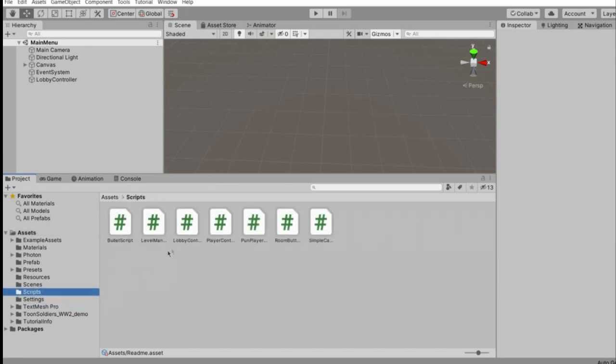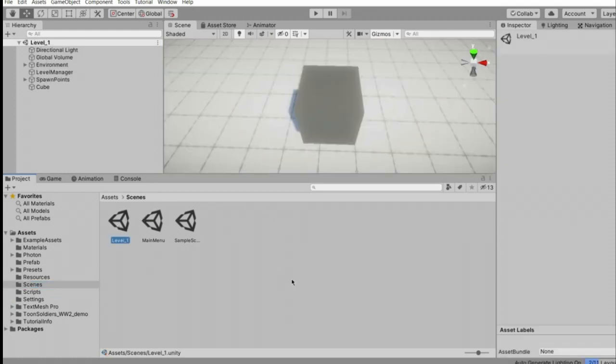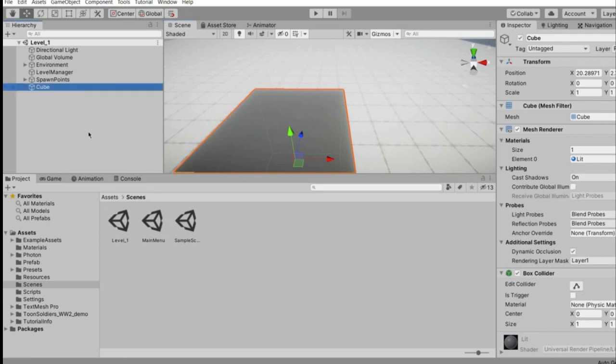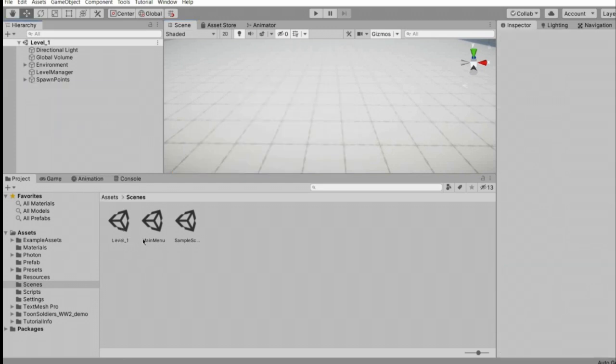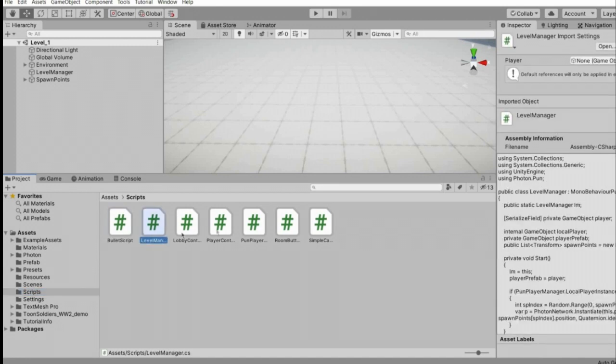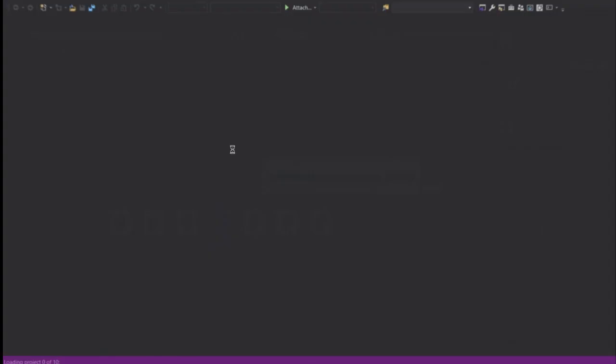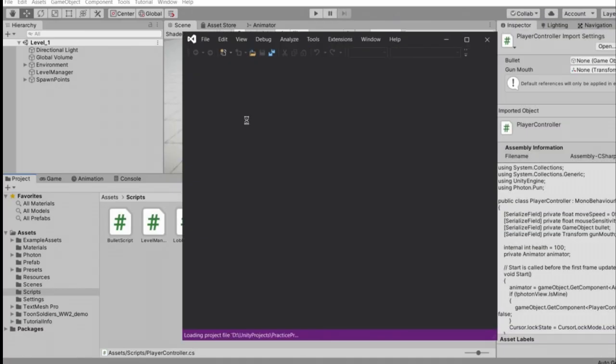What you have to basically do is go to the scene level 1. First of all, remove this cube which is right there. I'm just going to delete it, save the scene, go again to the scripts folder, and then open my script which is PUN player manager. But before that, what we have to do is